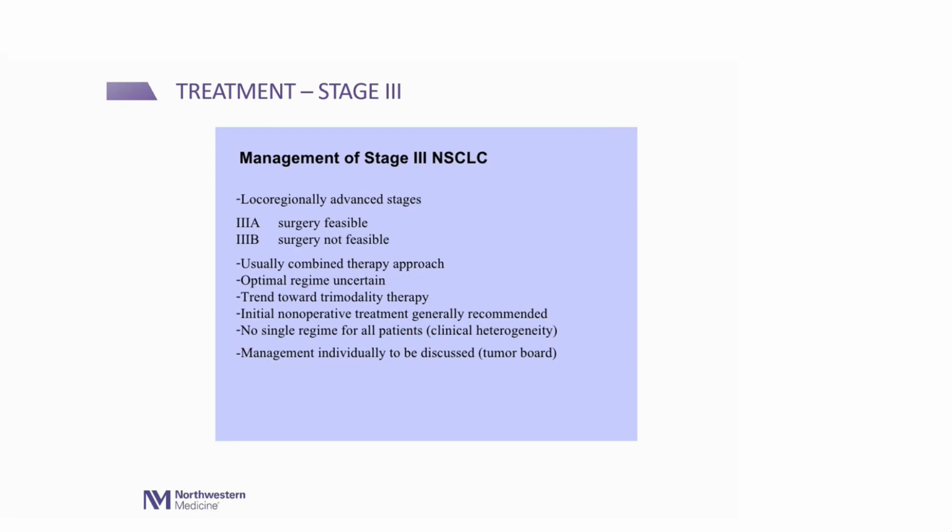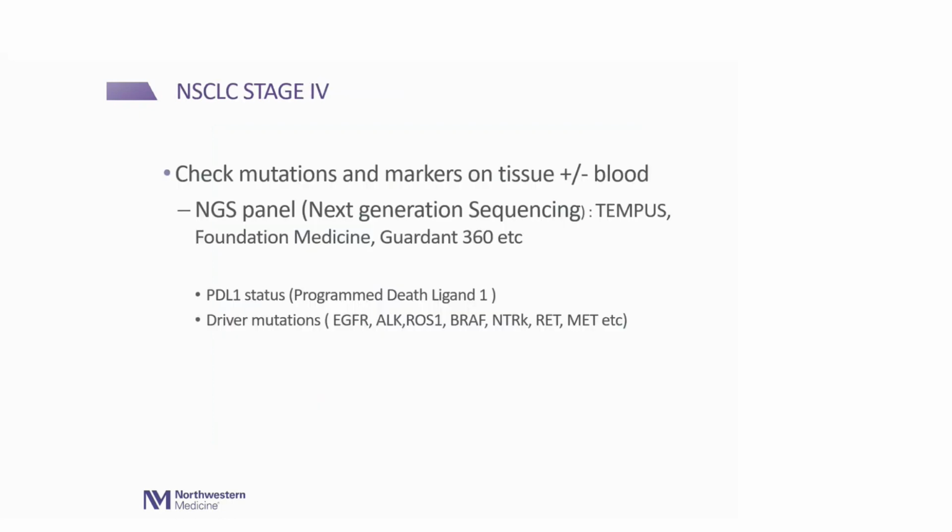We discuss it at our tumor board conferences. This is a more common. Stage 3 and stage 4 are traditionally the stages where lung cancer usually gets detected or picked up. But nowadays, we're picking up more and more stages 1 and 2 because of that CT lung screening initiative I talked to you about. If you have somebody who is deemed to be at high risk for lung cancer, we are recommending CT scans on a yearly basis, only because we can pick them up at an early stage, like stage 1 or stage 2, which have much higher cure rates than the other stages. So that's why we talk about this.